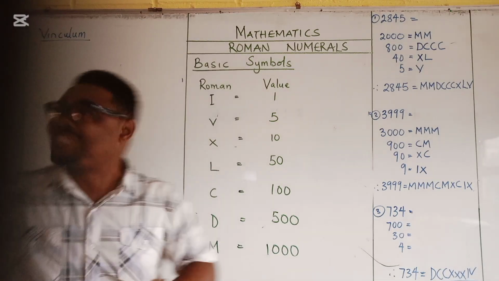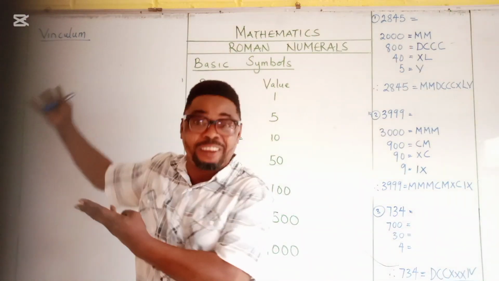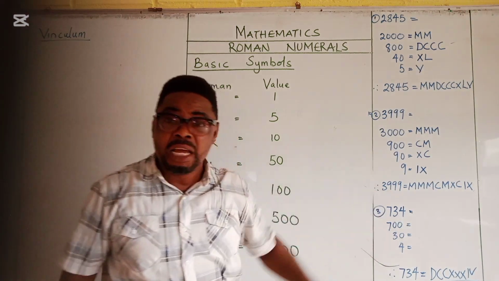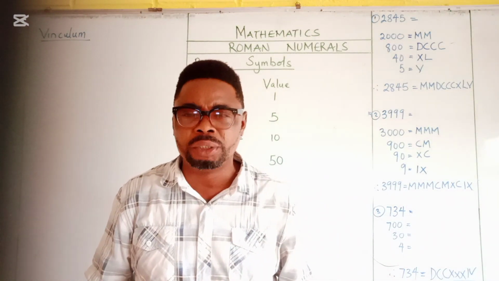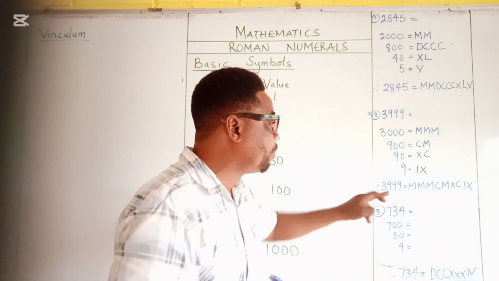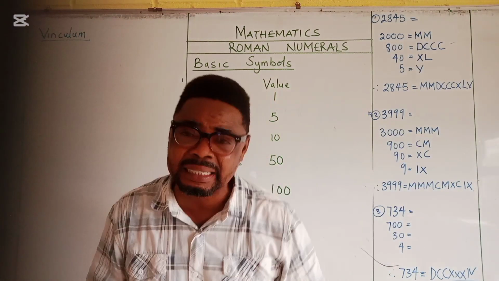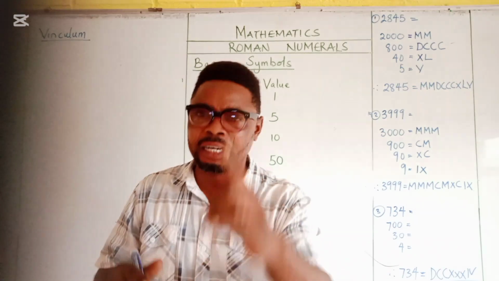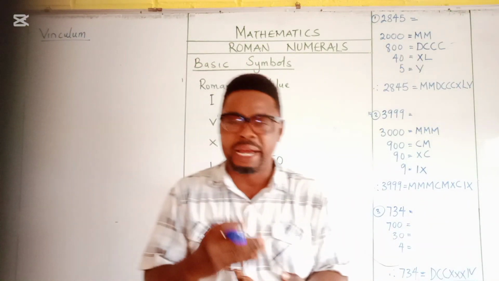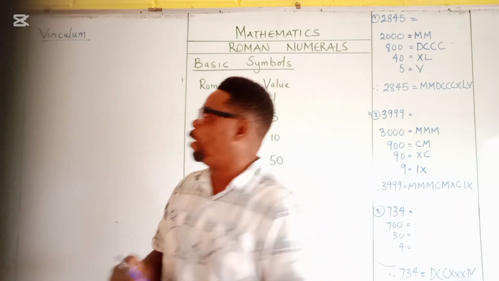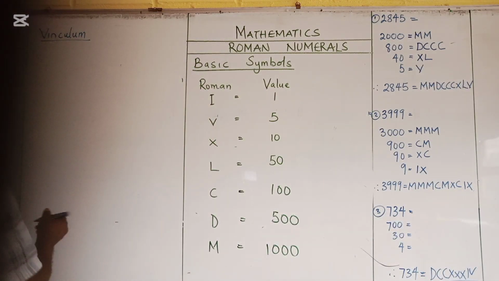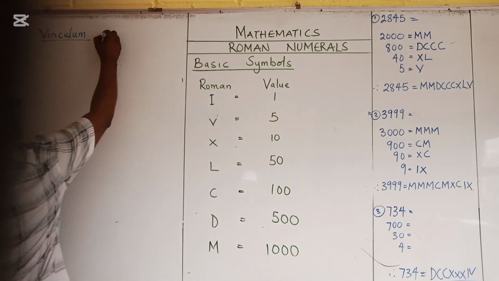Alright, let's now come and talk about vinculum. Now, you know, after 3,999, we need to write 4,000. Does that mean that in Roman numeral, their numbers stop at 3,999? No. There are still provisions for us to write 4,000. Now, what is vinculum? A bar. A vinculum means